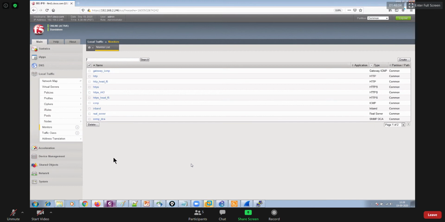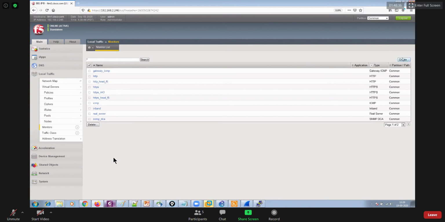So what I can do, I can perform a TCP three-way handshake with my real servers. So I can force Big IP to establish a TCP three-way handshake with the real servers in every maybe 10 seconds, or maybe 15 seconds, or maybe in every 5 seconds. So this is what I can do.